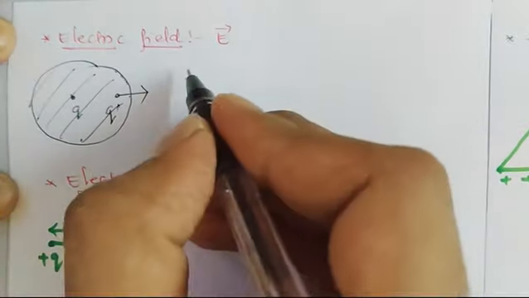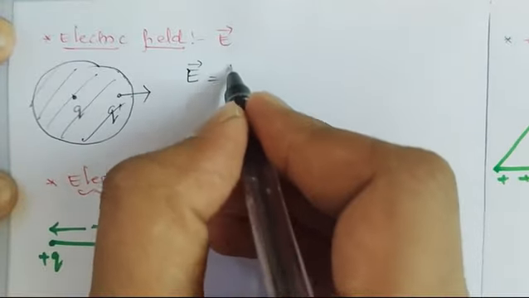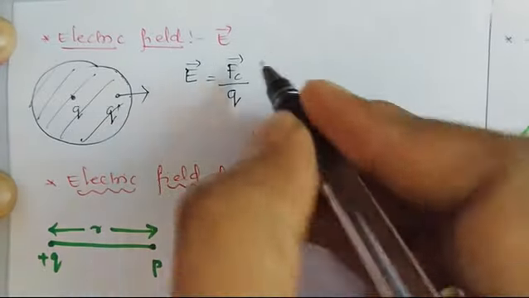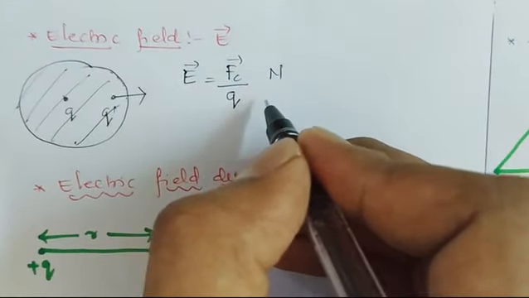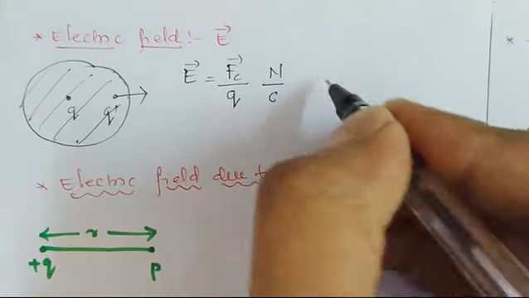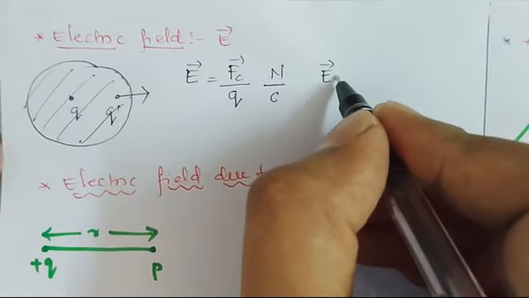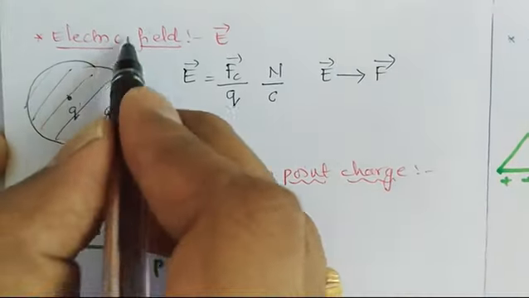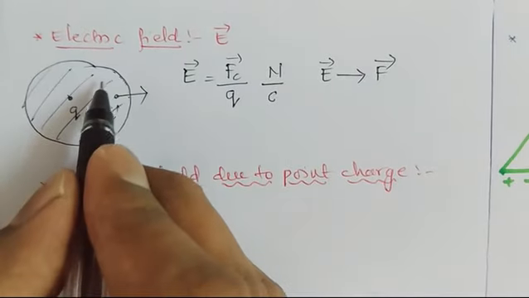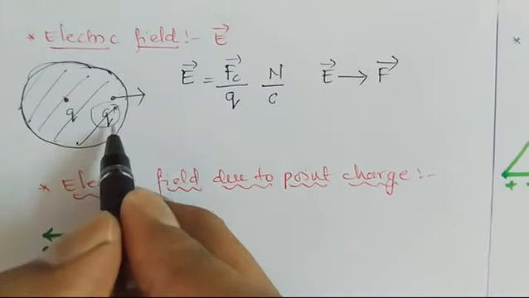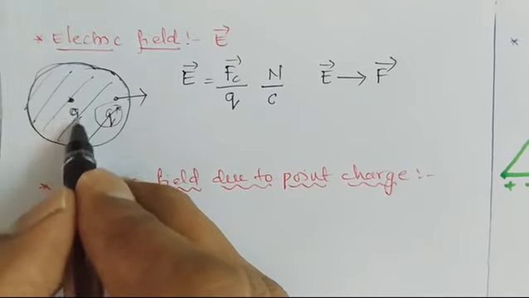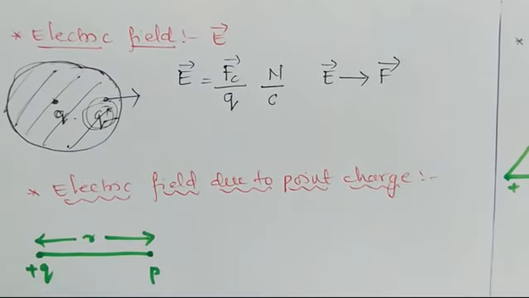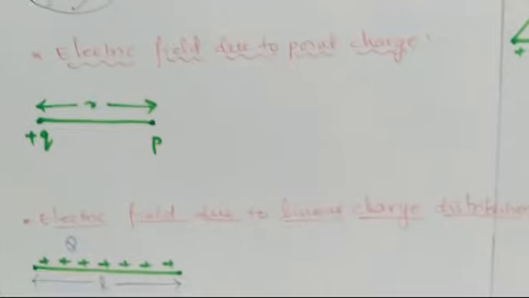Electric field. So now electric field we can define as the Coulomb force acting per unit charge. So the unit of this electric field will become what? Newton per Coulomb, and the direction of electric field is always in the direction of electric force, right? So this is the electric field. So now what do you mean by electric field? Whenever a charge is around another charge, it experiences a force. That region is called as what? Electric field.